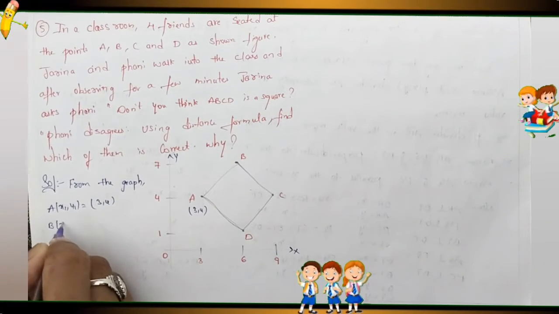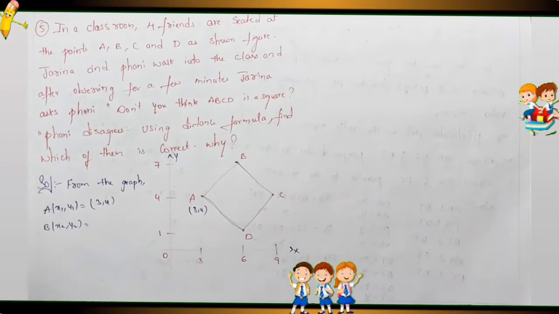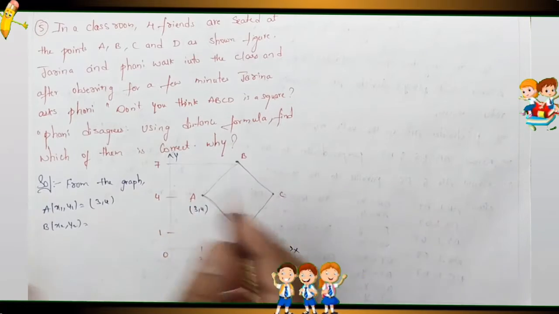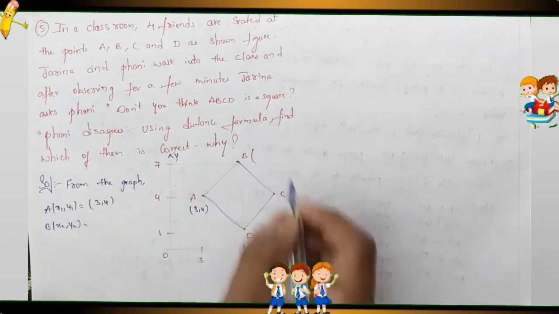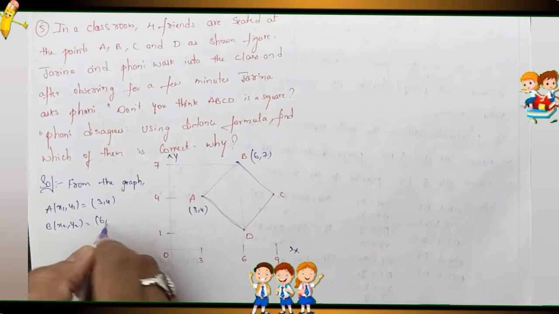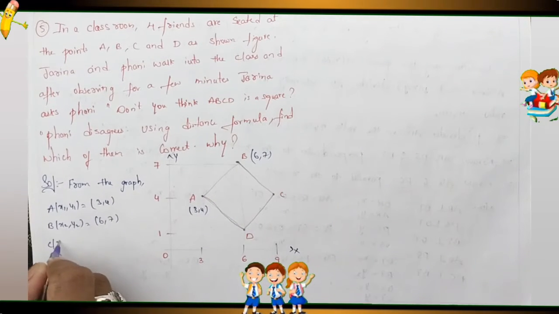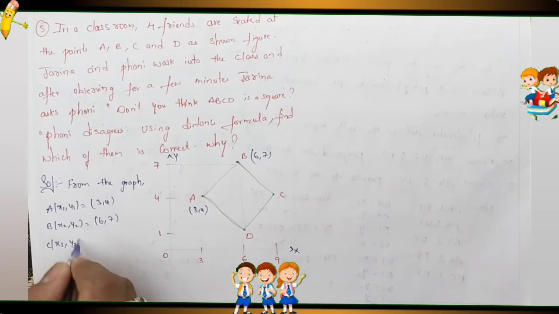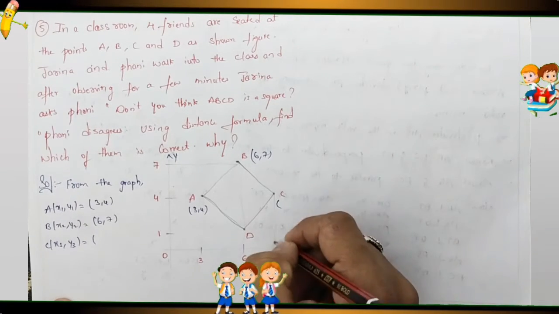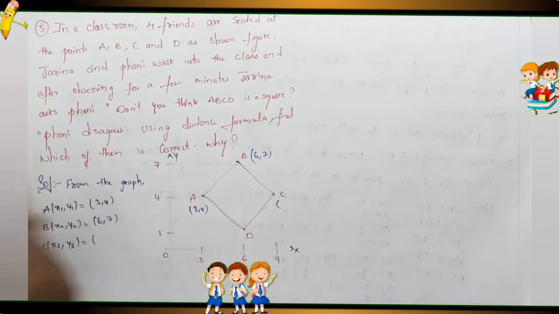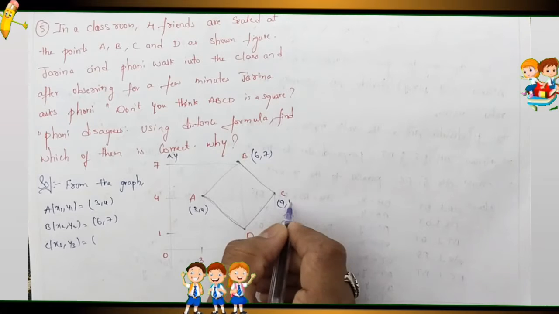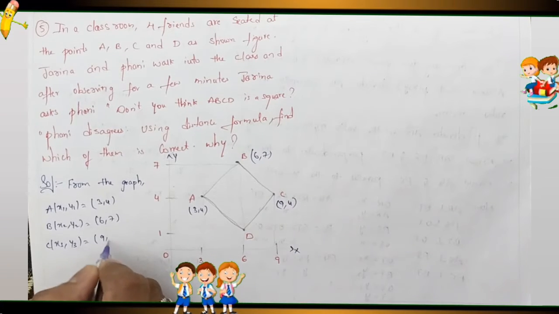Next B value (x2, y2). Again same as from the point B. Now what is the B point here? First x-axis 6, comma 7. So B value is (6, 7). Next, same as C value. So (x3, y3) is equal to, from the point here. Now what is C value here? x-axis 9, y value is 4. So C is (9, 4).